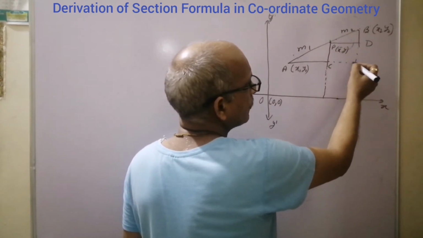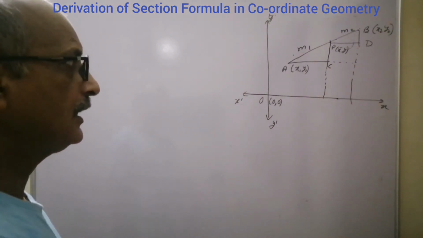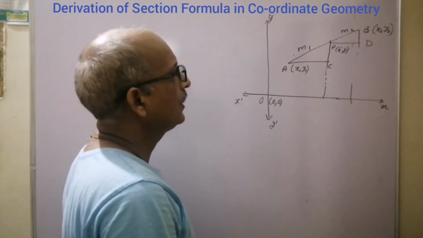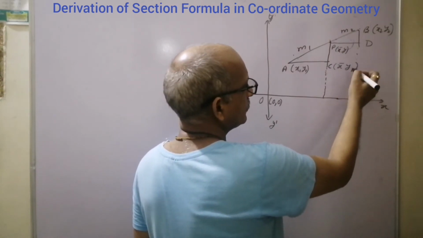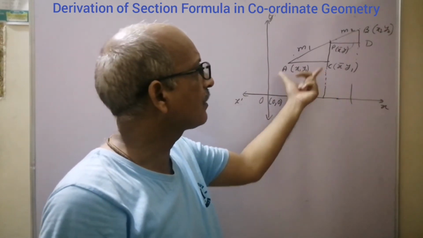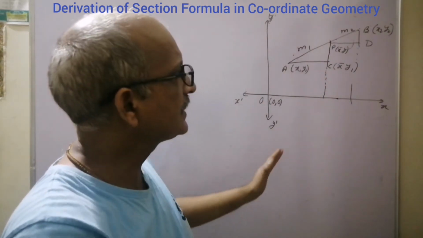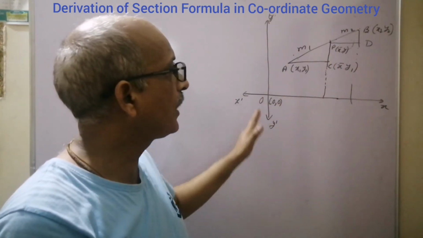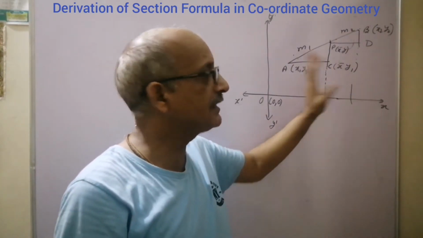Then we can also understand it by taking this perpendicular distance over here. If we draw this, what is the coordinate of C? Clearly, coordinate of C will be X bar, Y1, because C has its distance from Y axis X bar. A parallel line with y axis will have the same distance, so P is x bar distant from y axis, so C is also x bar distant from y axis. So x coordinate of C is x bar.